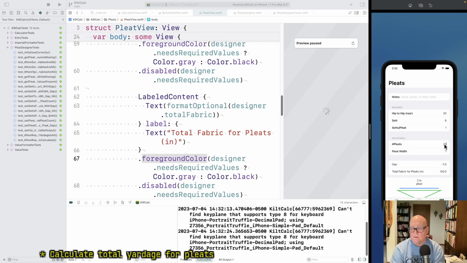So 20 times 6. Yeah. Okay. And if I made my pleat width 4, it's one quarter, 40, 30. Okay. Now,